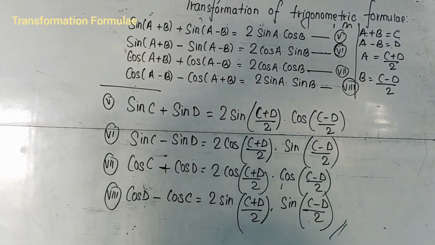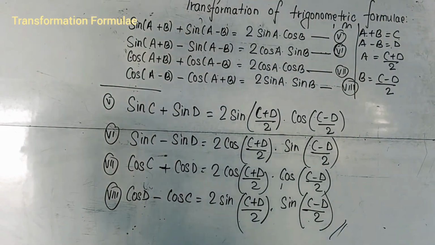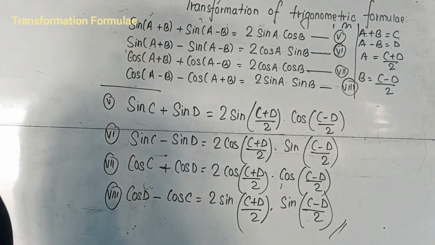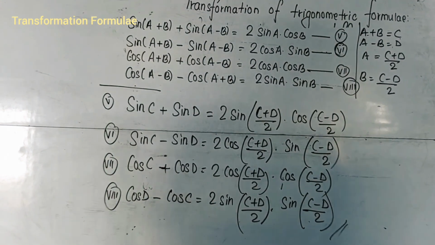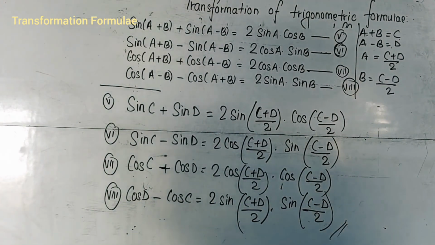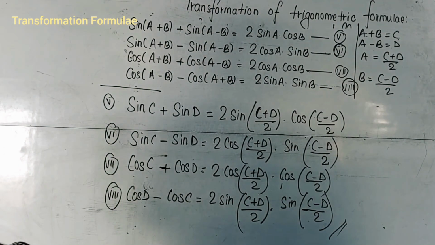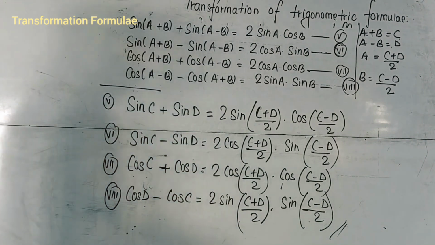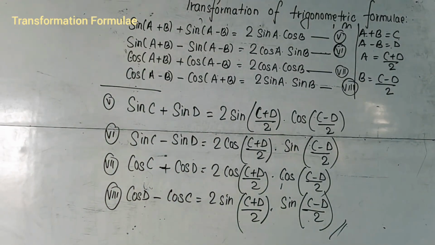Previously we obtained the trigonometric formulas in the form of product and sum, and these are the formulas of trigonometric transformation in product form. It is quite important for you to understand how the formula has come. If you do so, then it will be easy for you to memorize the formula as well. In today's class we talked about the transformation of trigonometric formulas. I hope you are all clear, it's not that complicated. It all starts from the compound angle formula, and with the help of compound angle you can find the trigonometric transformation in sum or difference, and from that we can find it in product form. So this is all we have to learn right now.